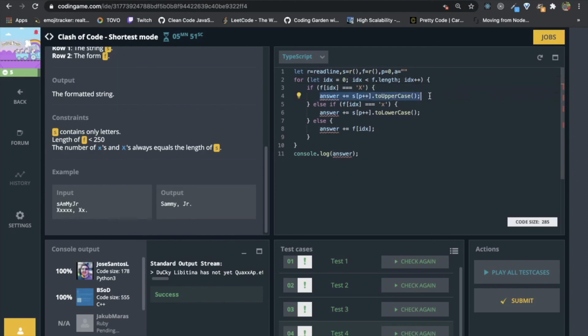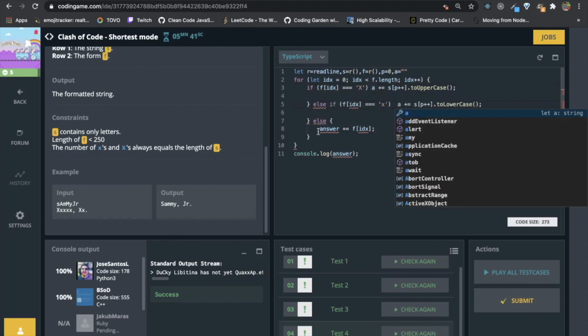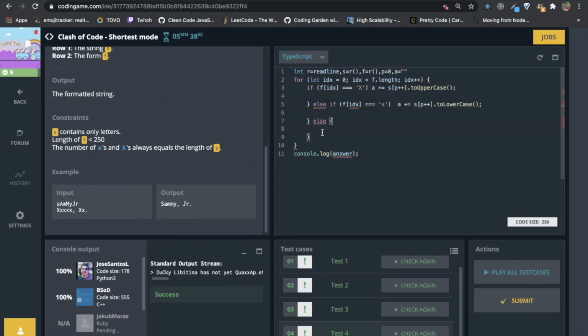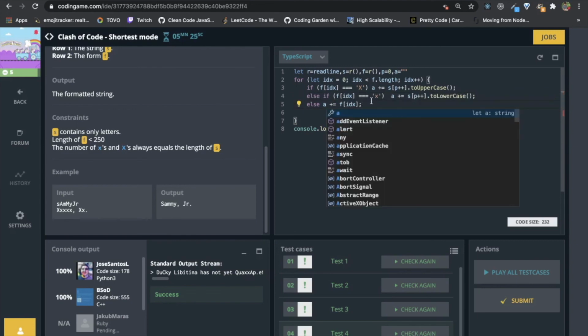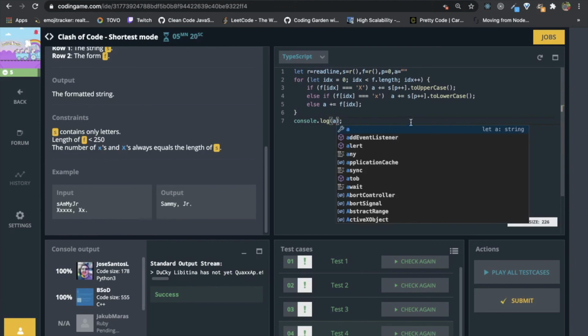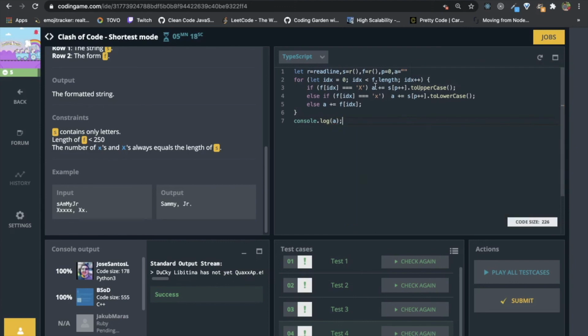Now we can call this here A, don't need this. You can call it here. So we can use simple, it is 226 characters. We can shorten it even more.